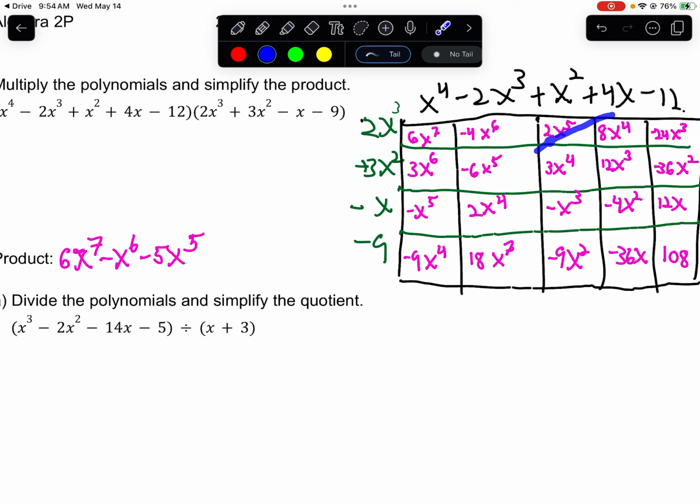Going down, you have these. So there's quite a few of them. So you got negative 9 plus 2 is negative 7, plus 3 is negative 4, plus 8 is 4. So we have 4x to the fourth. Then our x cubed